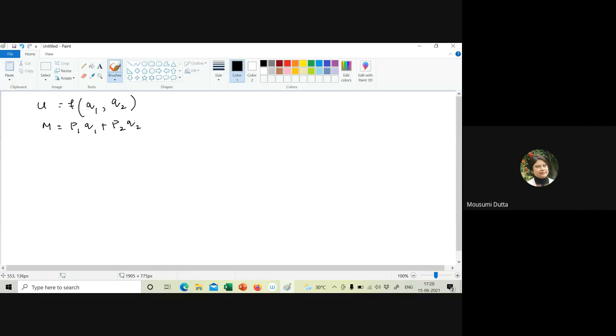Okay? And you are understanding the notations, the meaning of the notations Q1, Q2, P1, P2, M, etc. M is the money income. Okay, it's not the real income. It is money income of the consumer. So consumer wants to maximize this subject to this constraint. The required Lagrangian expression is given by